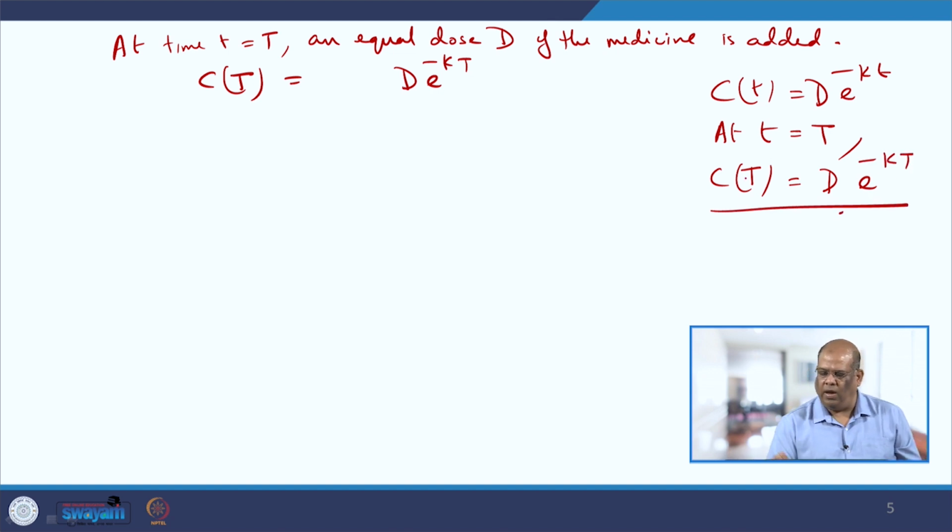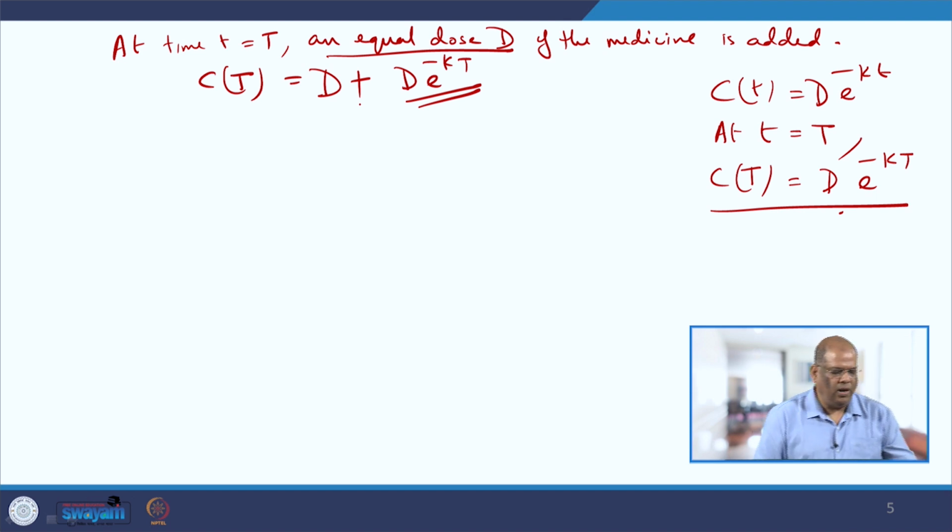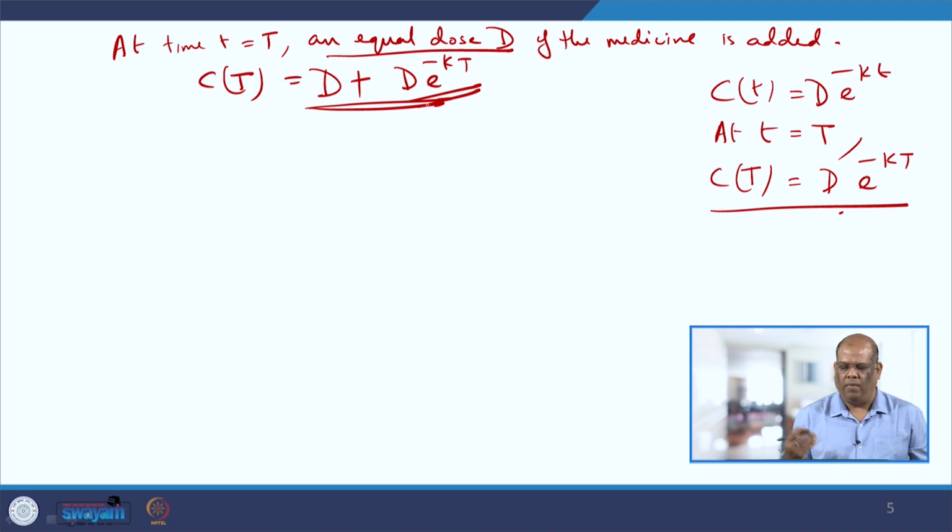So, at the time t equal to capital T, another dose of drug is added, which is an equal dose D. So, this is the concentration of the drug from the previous dose, and then you add another dose D. So, at time t equal to capital T, this is the amount of drug now present in your body. If you want to find what is happening after you have pushed another drug inside the body, then your